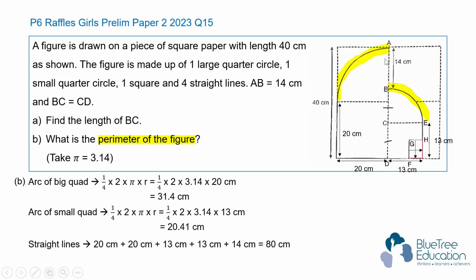Don't forget this number over here just because we have already used it or because the question has given it to you. This is also part of the perimeter. Now, with that, we have all the lines we need. We just need to add them together. And our answer will be